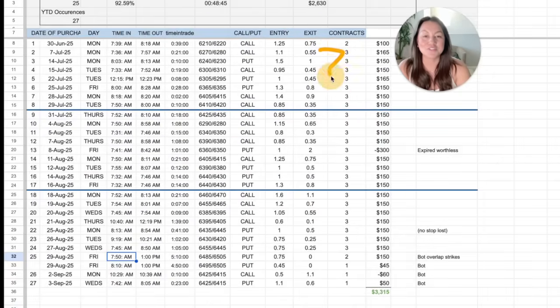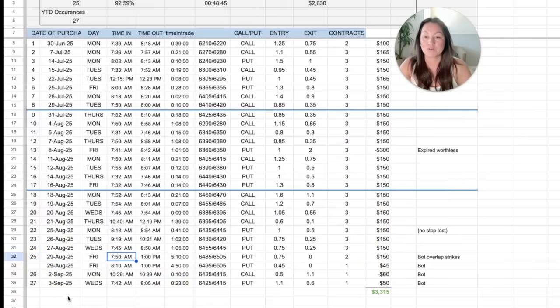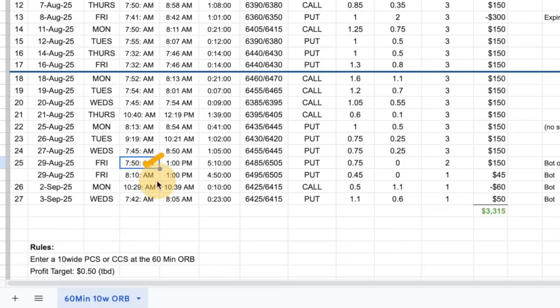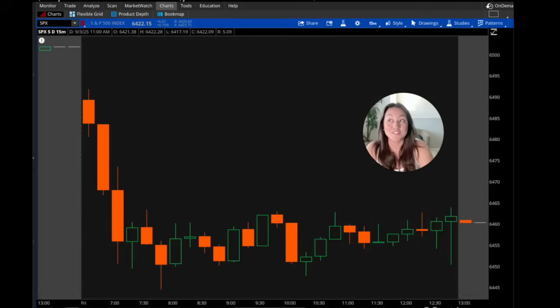All right, so these are the trades that I went over in my first video, second video, and the trades that I've taken since that last video. All right, great. All these great trades. Friday the 29th is when I connected my bot to real money. Okay, this is the trade I took manually. This is the trade my bot took. So just note those entry times for a second, and then I'm going to go over to the chart and explain what happened. These are the tweaks that I have to figure out and adjust the bot